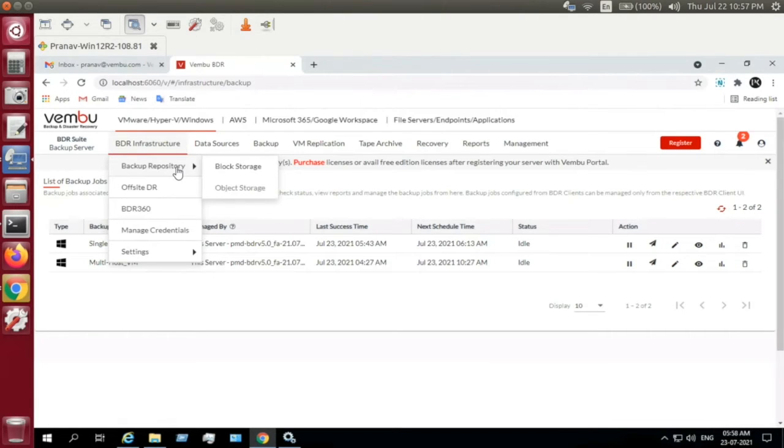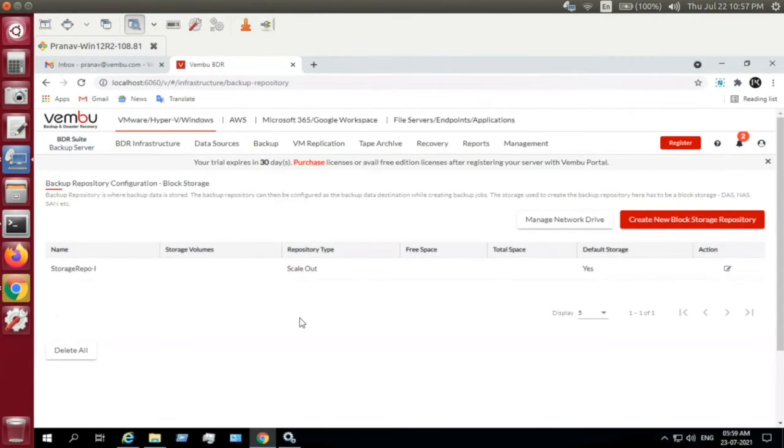So we have this backup repository. You have to configure this backup repository. This is the prior step before you configure any backup job or before you add any host to configure a backup job. For that, you need a storage. Once you log into the BDR server, the immediate step that you have to look into is to add a block storage. So you can add your NAS drive, your SAN drive, that is any of your network attached drive, your local volumes, or your DAS, directly attached storage, anything it can be, you can just add it.